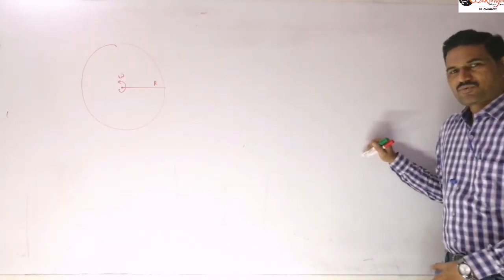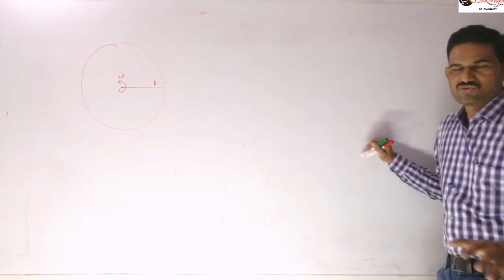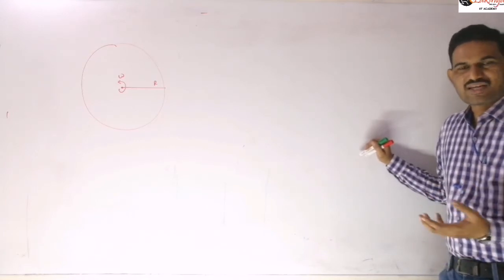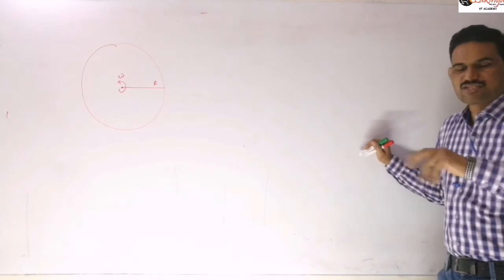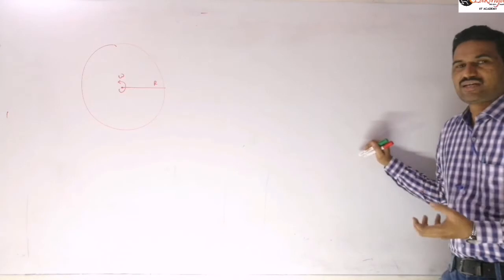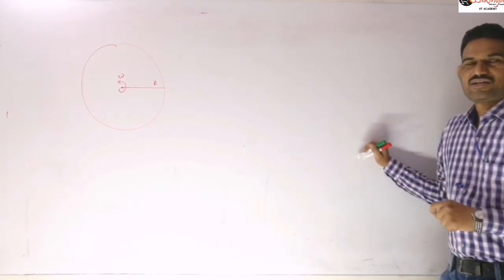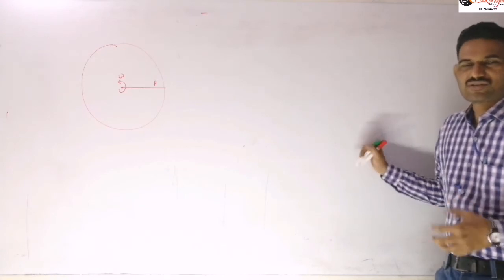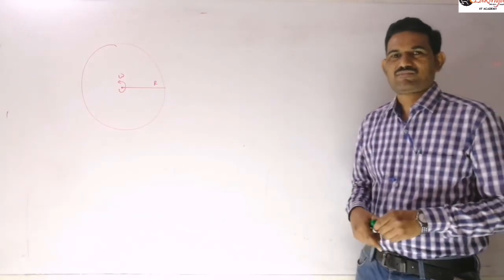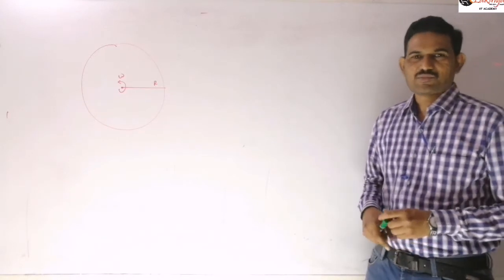So here this is an interesting problem. I mentioned already in the question, there is no field in that region. That means there is no magnetic field and no electric field. There are no such electric and magnetic fields, but it is just rotating about its own axis. And they are asking for the electric potential difference between the center and edge of the disk. So is there any potential difference just if the disk is rotating? Is there any chance of getting that potential difference? So the answer is yes. There are some possibilities there.